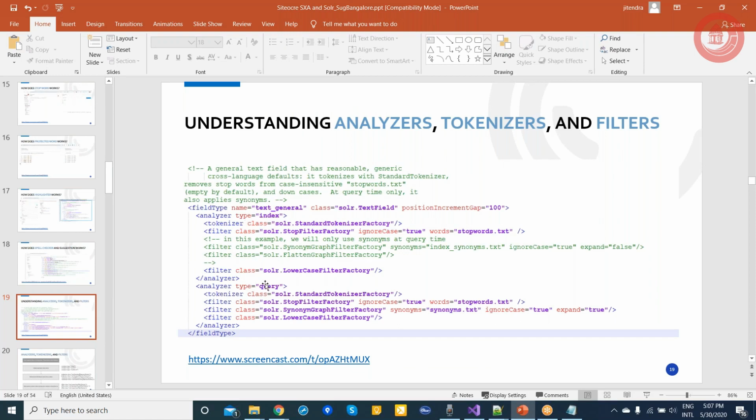So there is an index time analyzer and there is a query time analyzer. The analyzer, as I said, whenever you input any bulk data, it will do the stemming. It will generate a stream, not the stem. And then the tokenizer, which is the standard tokenizer, again generates the tokens for each word. And the filter you will use if you want to discard any bad word, if you want to escape some protected word, and then the stop word, right? So this is the example for that.